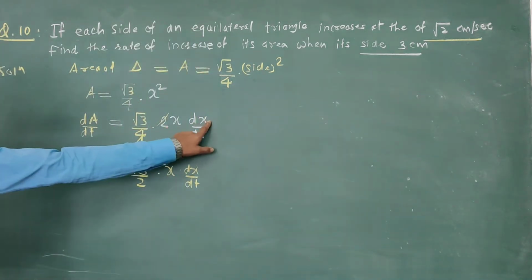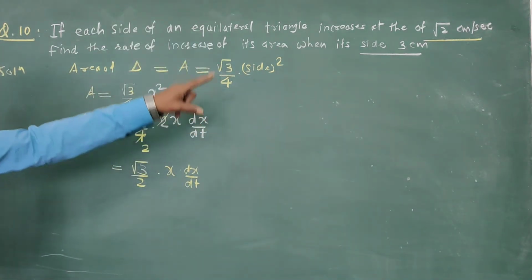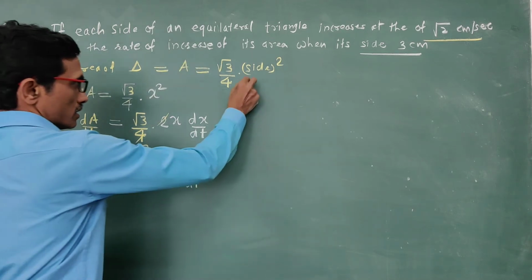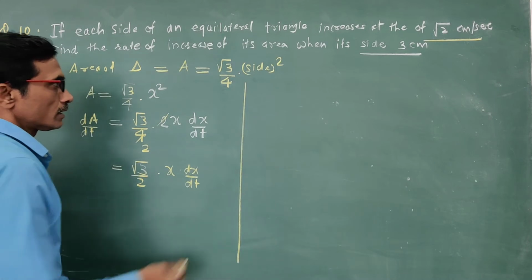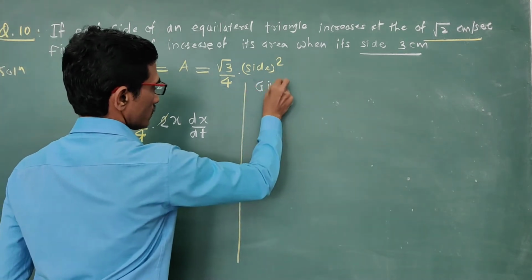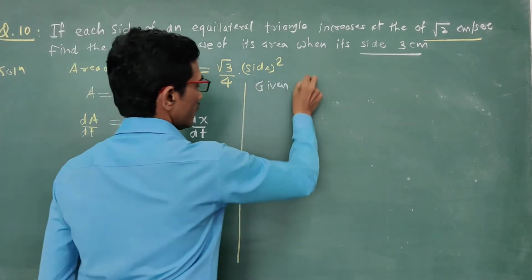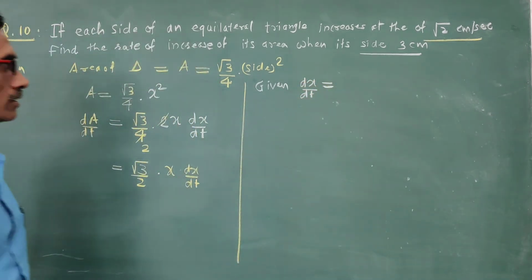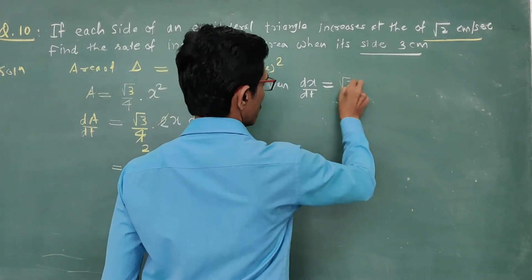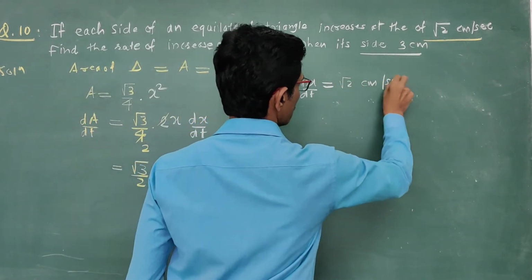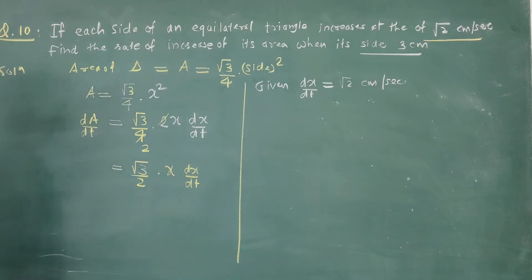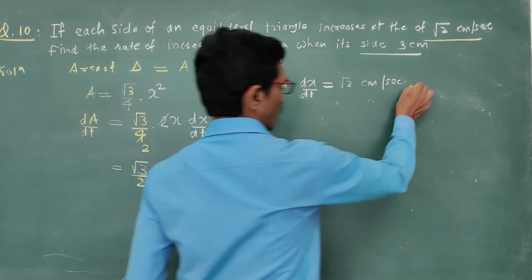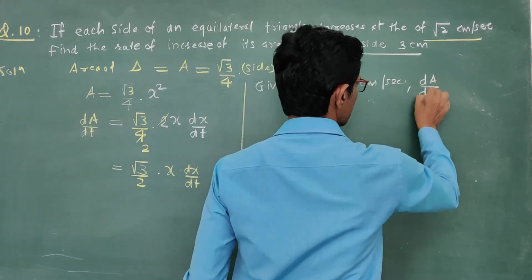So we took x as a side, and it is increasing at the rate of √2 centimeter per second. So here it is given that dx by dt is equal to √2 centimeter per second, and we are asked to find the rate of increase in the area. So dA by dt is to be found out